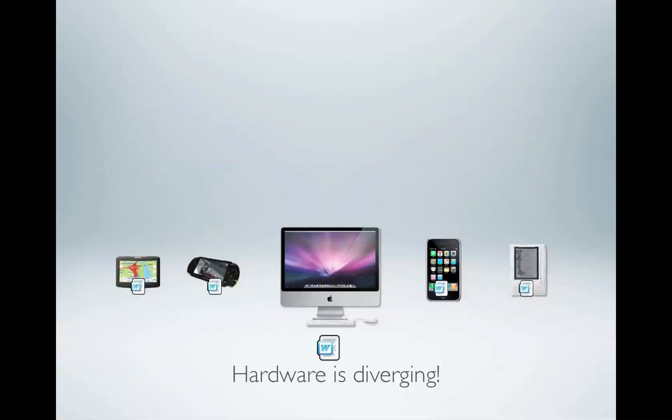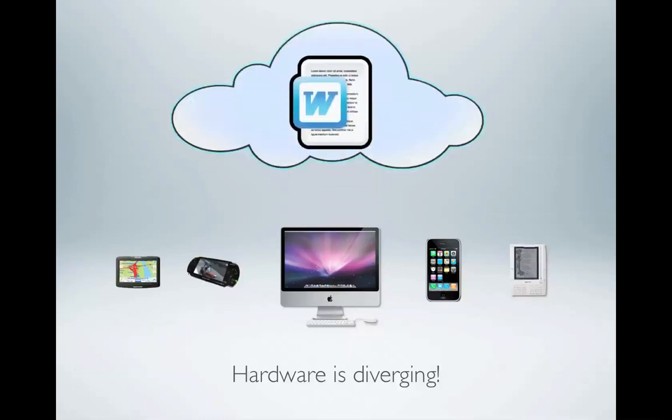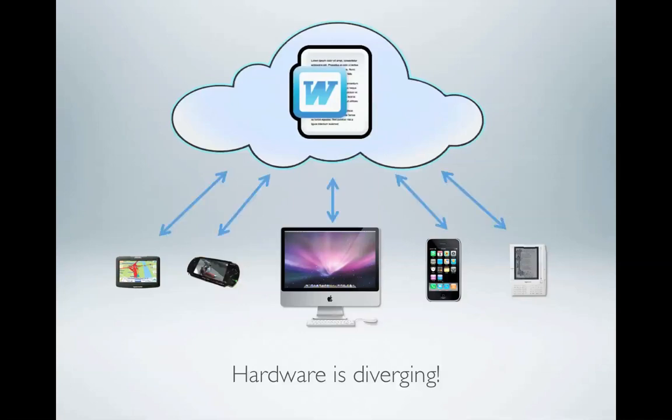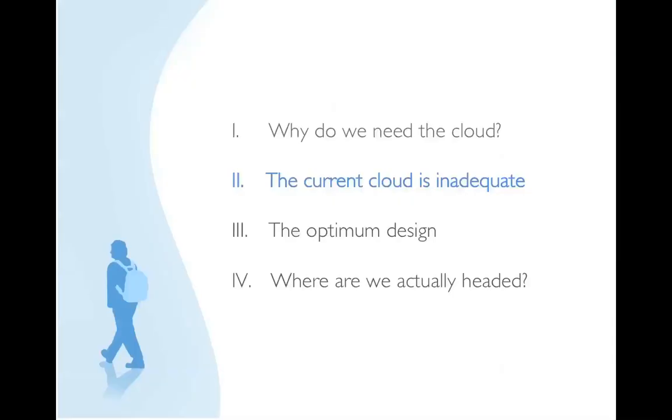But if we go ahead and do that, we are now stuck with 5 different versions of the same file. So if I update something on my iPhone, it's not going to update on my desktop computer. So that's where the theory of the cloud comes in. If instead we take that Word document and upload it to the cloud, now each device can point and read and edit the same file sitting on the cloud.